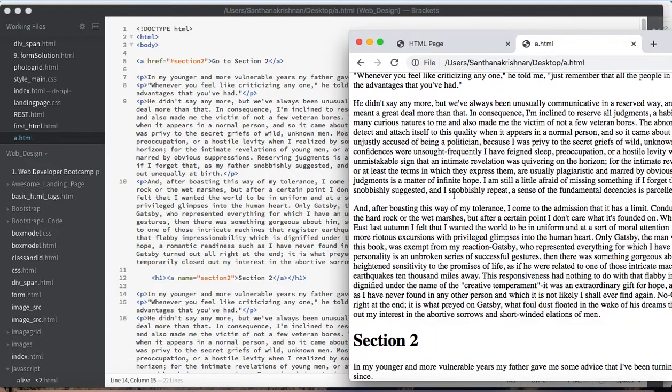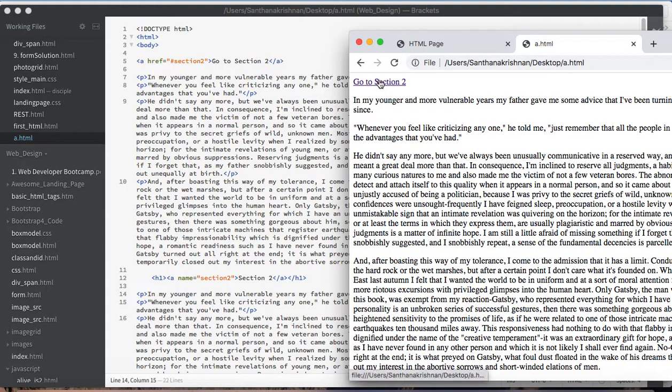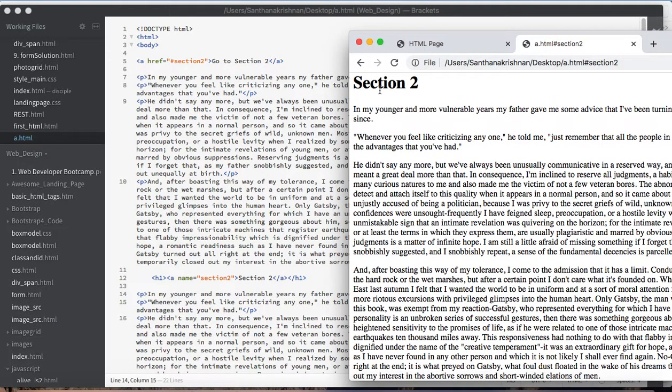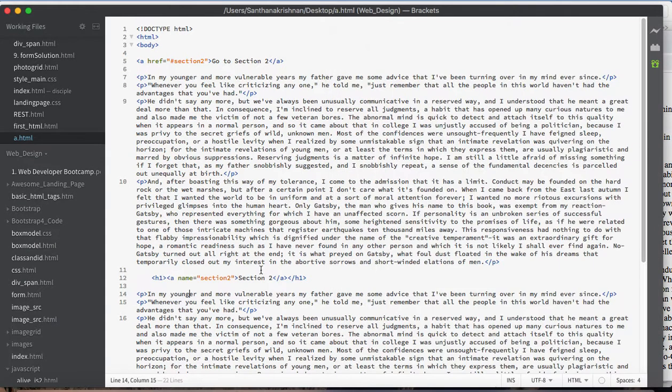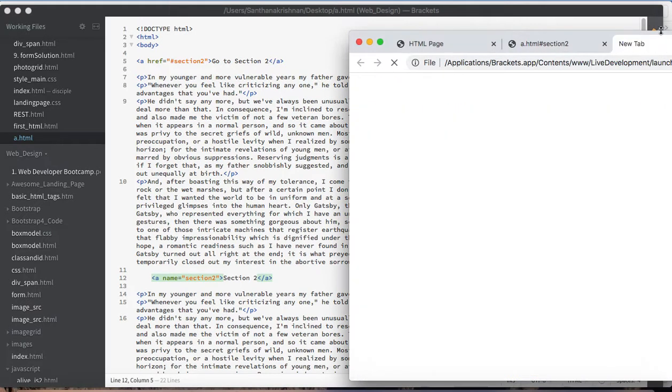Okay, so see here it's running in my browser. Go to section, so it is going inside the section. If I remove this h1, section 2 will be displayed in normal font size. I will show that demo also. I am removing h1 so that section 2 will be displayed in normal size instead of bold. Save it and update.